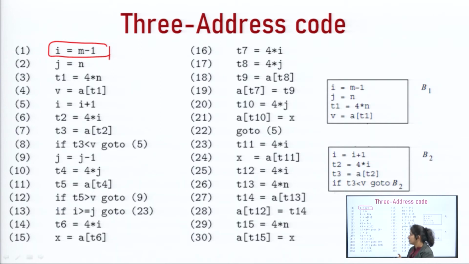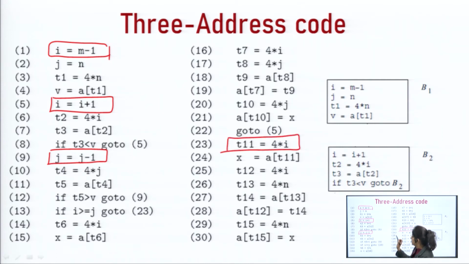Now, the second rule is that the target statement of every conditional or unconditional go to a label is a leader. So, here we can say this is the conditional go to and its target statement is statement 5, so this can be the leader. Similarly, go to 9, so this can be the leader. Now, this 23 can be the leader. So, these instructions are leaders 1, 5, 9 and 23, just remember it.